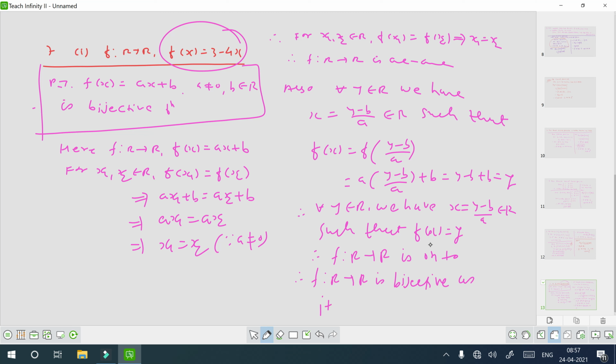as it is 1-1 and onto. That we know. If a function is 1-1 and onto, then it is bijective. Now